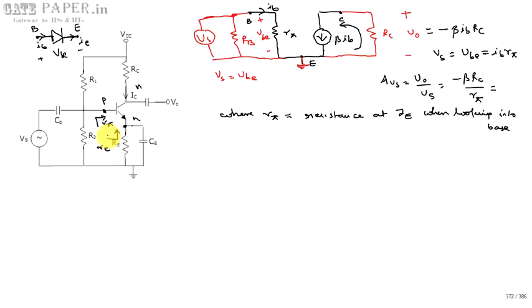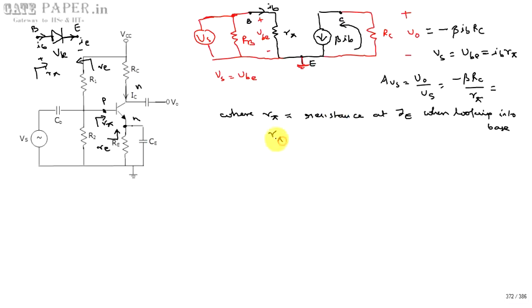So you can model the emitter-base junction using r_pi or r_e, depending on whether you are looking into the base or into the emitter. If you are looking into the base, it is r_pi; if you are looking into the emitter, it is called r_e. Now I am looking into the base because the base current is considered, so I am going with r_pi.